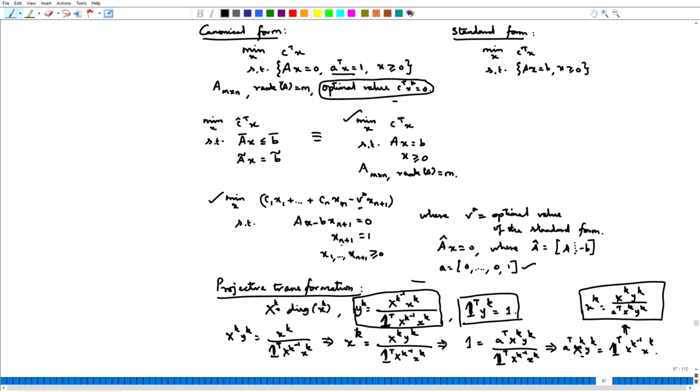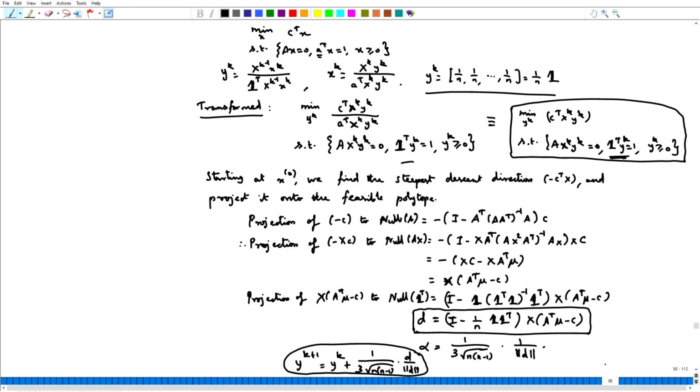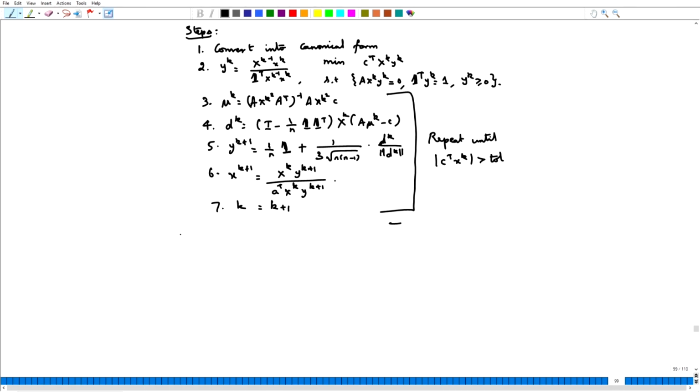But in general, if you consider the canonical form as an m cross n matrix, and x as an n dimensional vector, then your A is actually n minus 1 zeros and a 1. So, what happens here is that the transformed problem